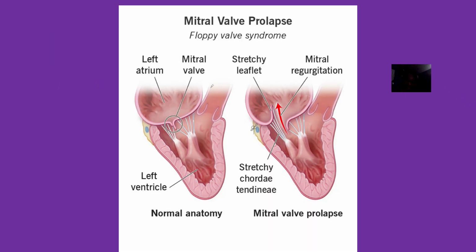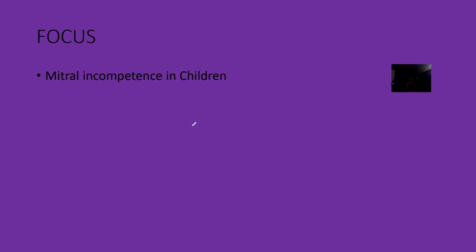So mitral valve incompetence, of course, has to do with the valve on the left side that is in between the left atrium and the left ventricle. Do you understand? So this valve is controlling how blood is flowing from the left atrium to the left ventricle. So of course, anything that happens to this valve will affect a lot of things. All right, now these are the things we're trying to look at.